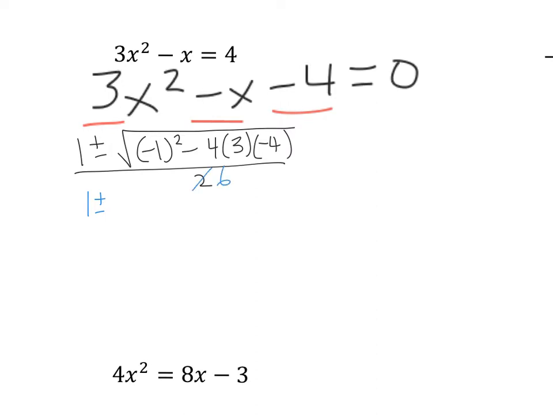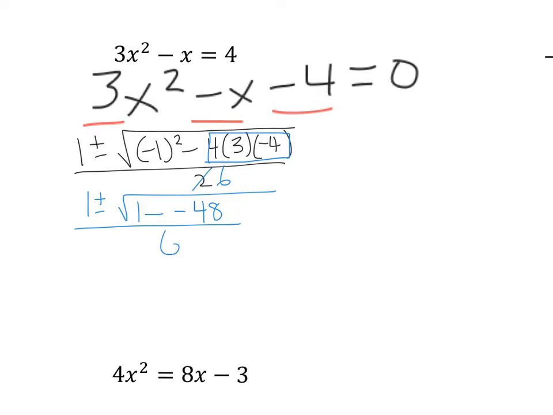So it's 1 plus or minus the square root of 1 minus 4 times 3 times negative 4, so that's negative 16 times 3, which is negative 48,